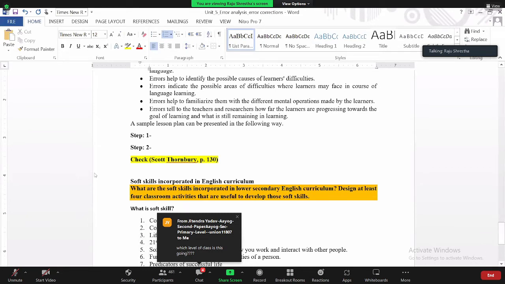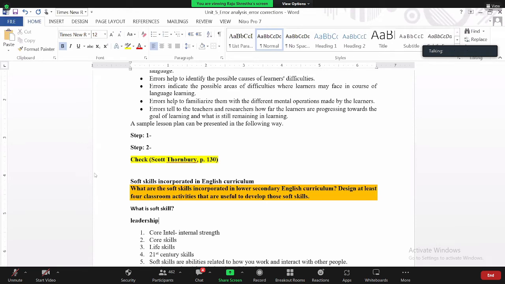Leadership is one internal strength of the learner, and critical thinking, problem solving skill, critical thinking skill, and group work, teamwork skill. There are many soft skills; this time the curriculum focuses on them, from primary level to